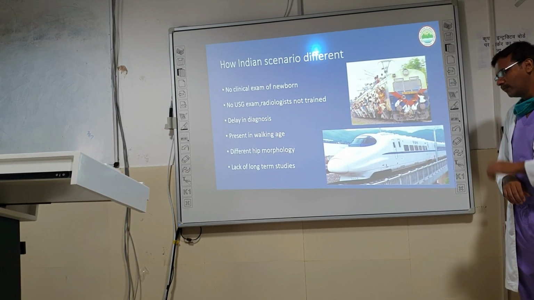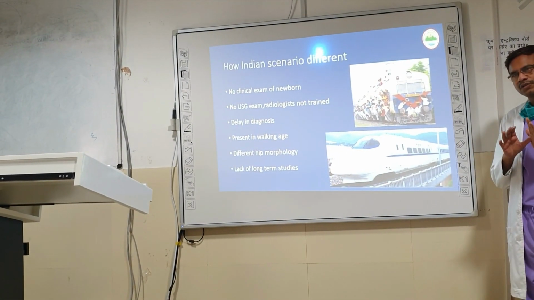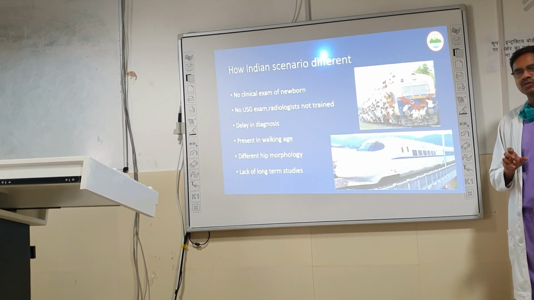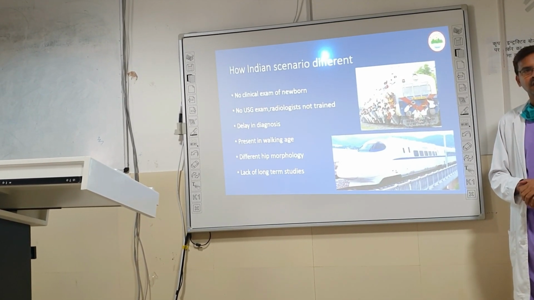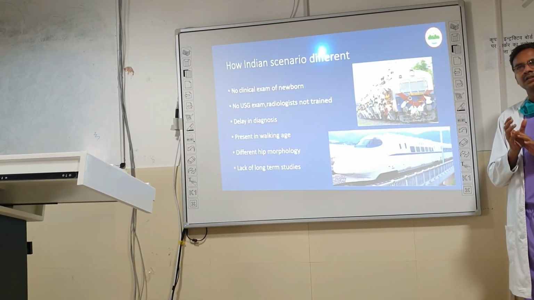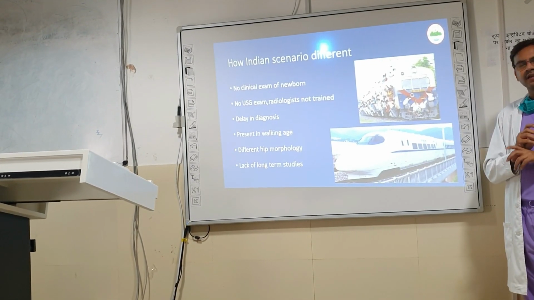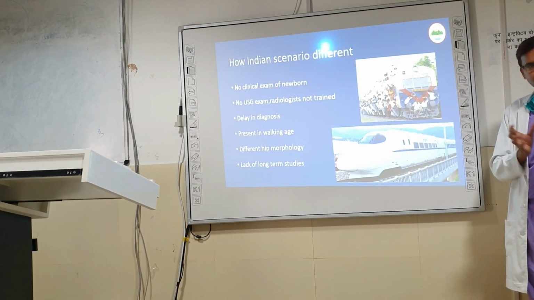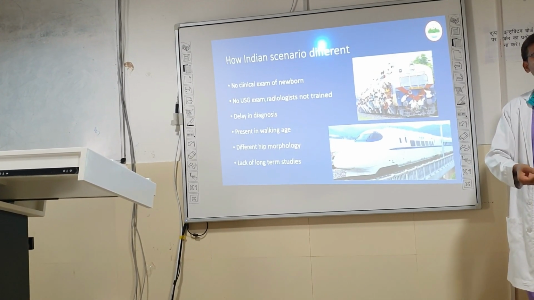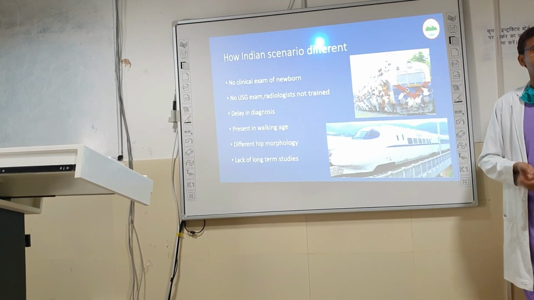Now there is one more important thing, that is different hip morphology. The hip morphology of Indian children, what I have observed, is different from American or European children. Because even after doing everything, the hip is not that stable. When I was in the US and they were doing examination, there was no spica; he was showing, see, I have done an operative procedure and there is no dislocation.